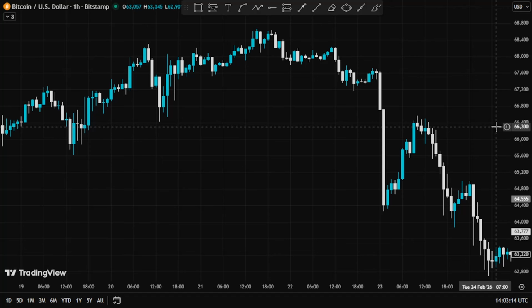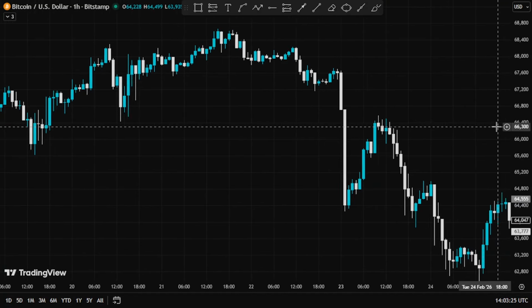Did you know that there's a very simple method that you can use to catch a trend right from the beginning? Yes, I'm talking about buying from the bottom and selling right at the top. For example, like in this trade,